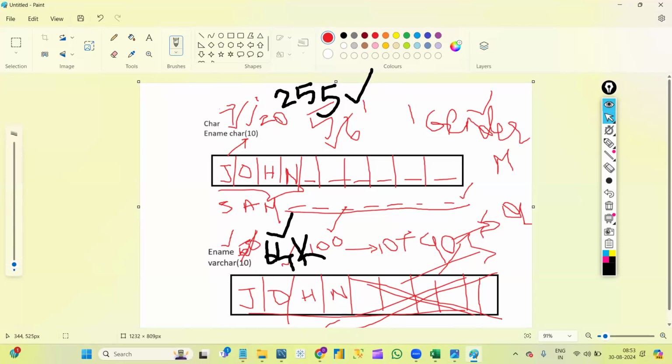Madam, one more thing. For example, if we give char of 10, but I enter a name of more than 10 characters, it won't accept, it will throw an error stating the limit. Varchar is also the same? Yes, in varchar also, if I define varchar of 10 and I enter 20 bytes of data, it won't accept, it will throw us an error stating